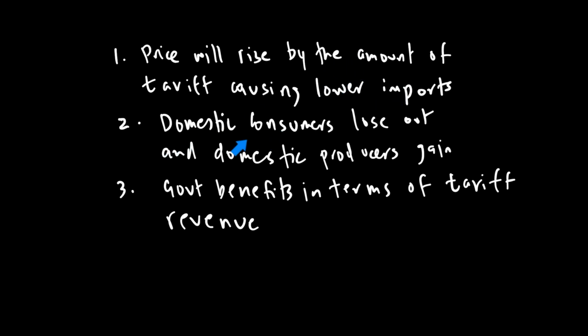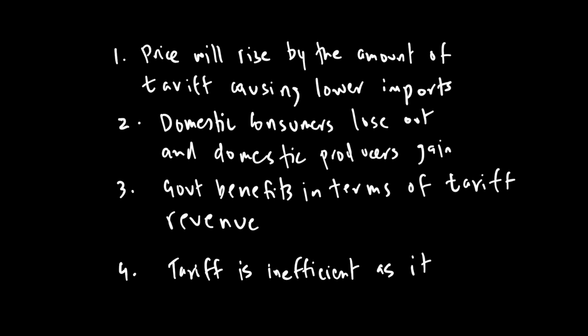Second, domestic consumers lose out as domestic producers gain, because when you put a tariff, the good becomes expensive, making domestic consumers lose out because the good is expensive, and domestic producers gain because now they can become more competitive to the foreign market. And third, the government benefits in terms of tariff revenue, which means that the government pockets area 3, which is good. And the last one, number 4, is that the tariff is inefficient